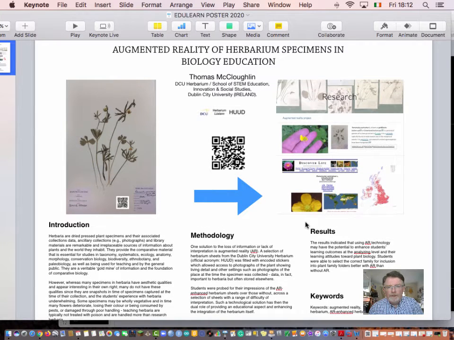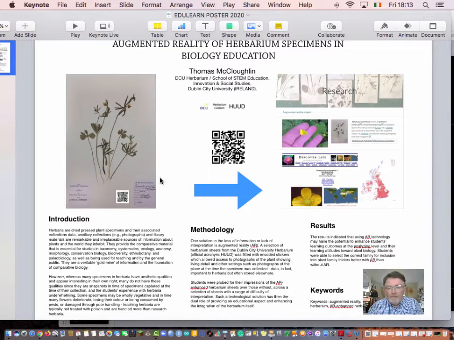Hello and welcome. This poster paper is entitled Augmented Reality of Herbarium Specimens in Biology Education. My name's Thomas McLaughlin and I am in DCU in Ireland, and I happen to be the director of the DCU Herbarium. The herbarium, if those of you who don't remember, is where you have sheets, as you can